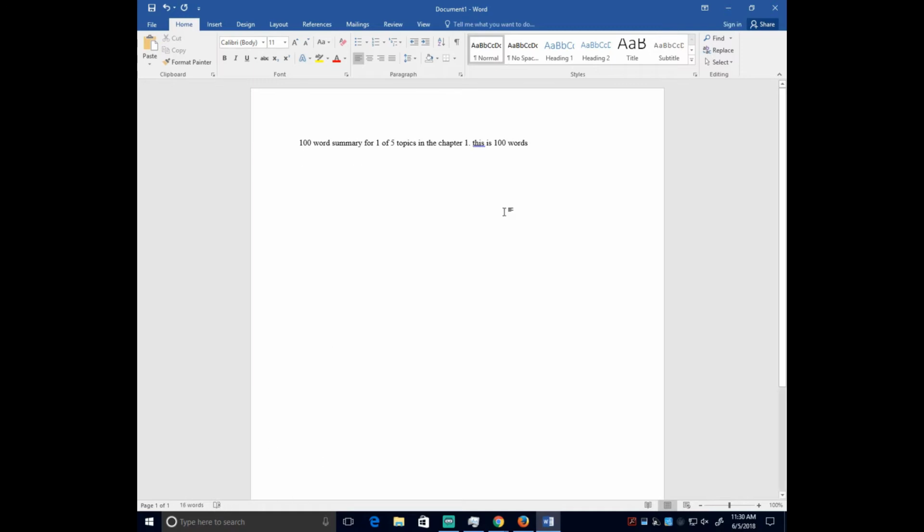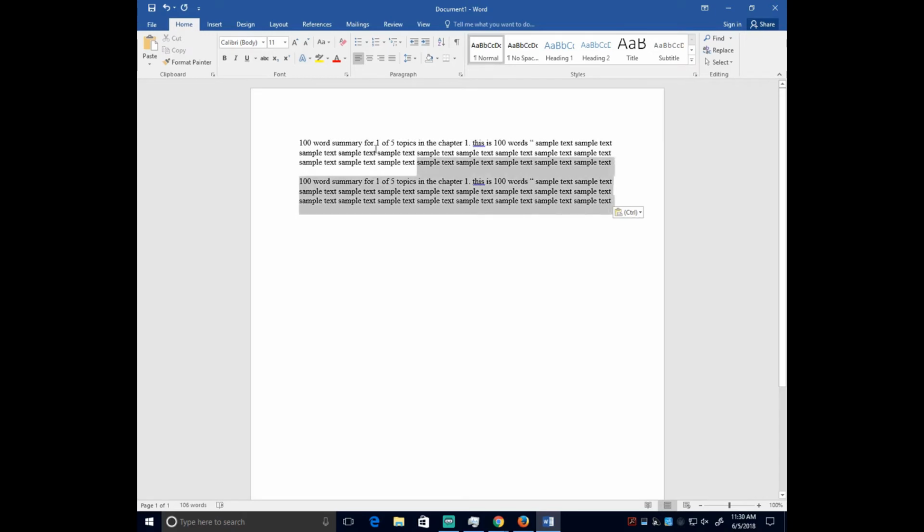There we go, Word, and then we'll just paste that in. And let me get this spelling correct. Alright, now let's just put sample text and copy and paste that a bunch of times to where in the bottom left you'll see the word count going up. We're at like 50 words right there, so we can just copy and paste this again,